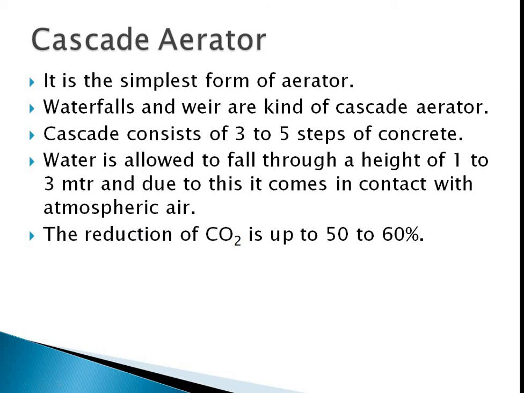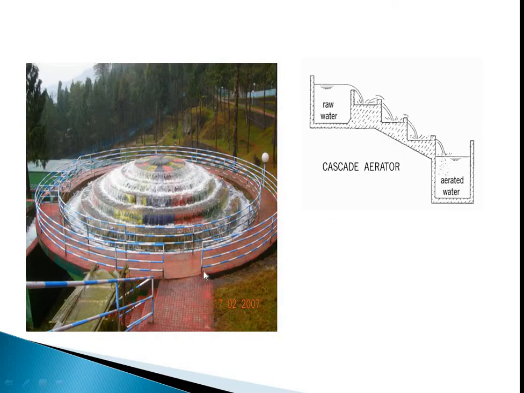Now this is the actual working diagram or photo of the cascade aerator. We first release the water from the inlet pipe at the center of the cascade aerator, and the water flows down over various steps. These steps are called cascades, and when the water falls from one cascade to the other, it comes into contact with the